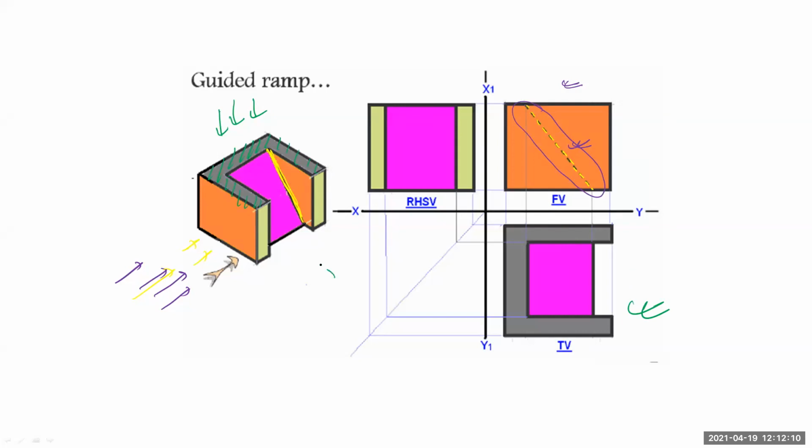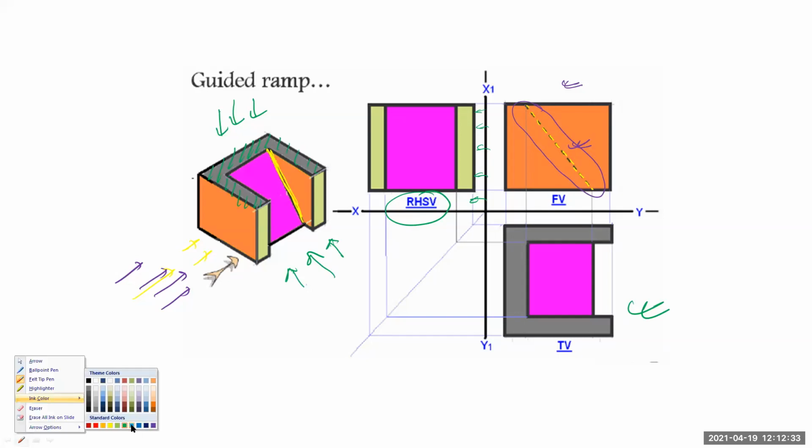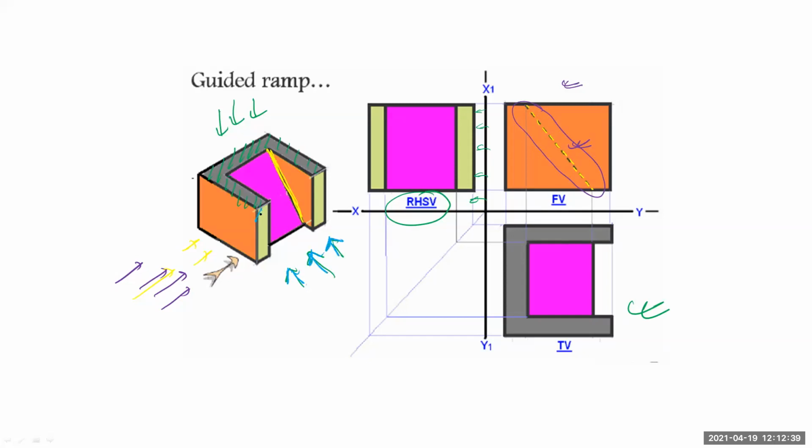When you see it from the right hand side, then you can see it is first angle projection. So the RHS-V is drawn to the left hand side of your front view. And from this side, what are the faces that you will be able to see? Let me change the color coding. From this side, you can see this green color face and this pink color face, but you will not be able to see the orange color face and black color face. So this is your right hand side view.